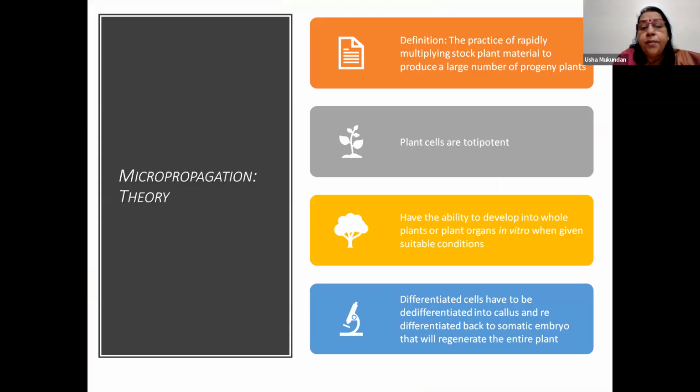Now, what is the meaning of micropropagation? If you split the term, micro means small. So your starting material, as you know, is known as, what is it called? Anybody in the class? Explant. Explant. Very good. So your starting material is an explant, and this explant material, as we'll come to it a little later, can be just about any part of the plant.